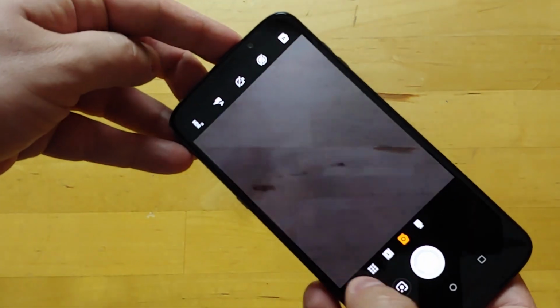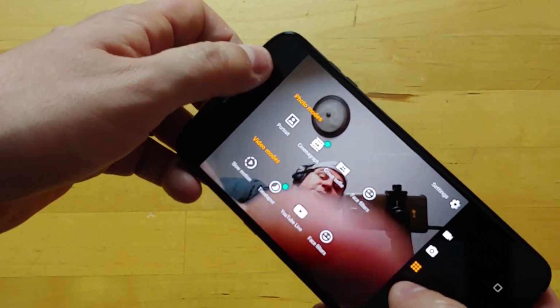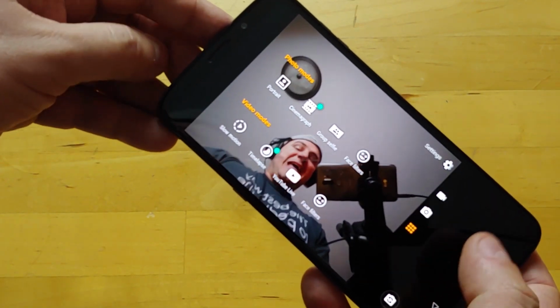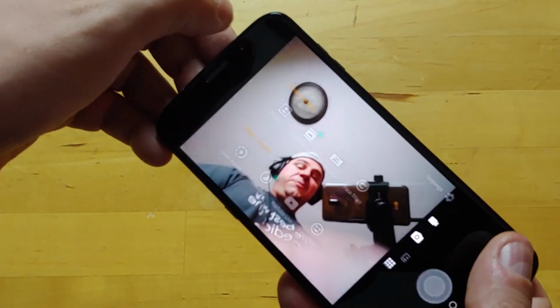Another thing that's new is that you can get portrait mode from the front camera. Right? We have portrait, we have Cinemagraph, which is great. The only problem with portrait mode from the front camera is that there is no dual camera, which means that you don't get the depth editor afterwards. So you'll get the depth effects,